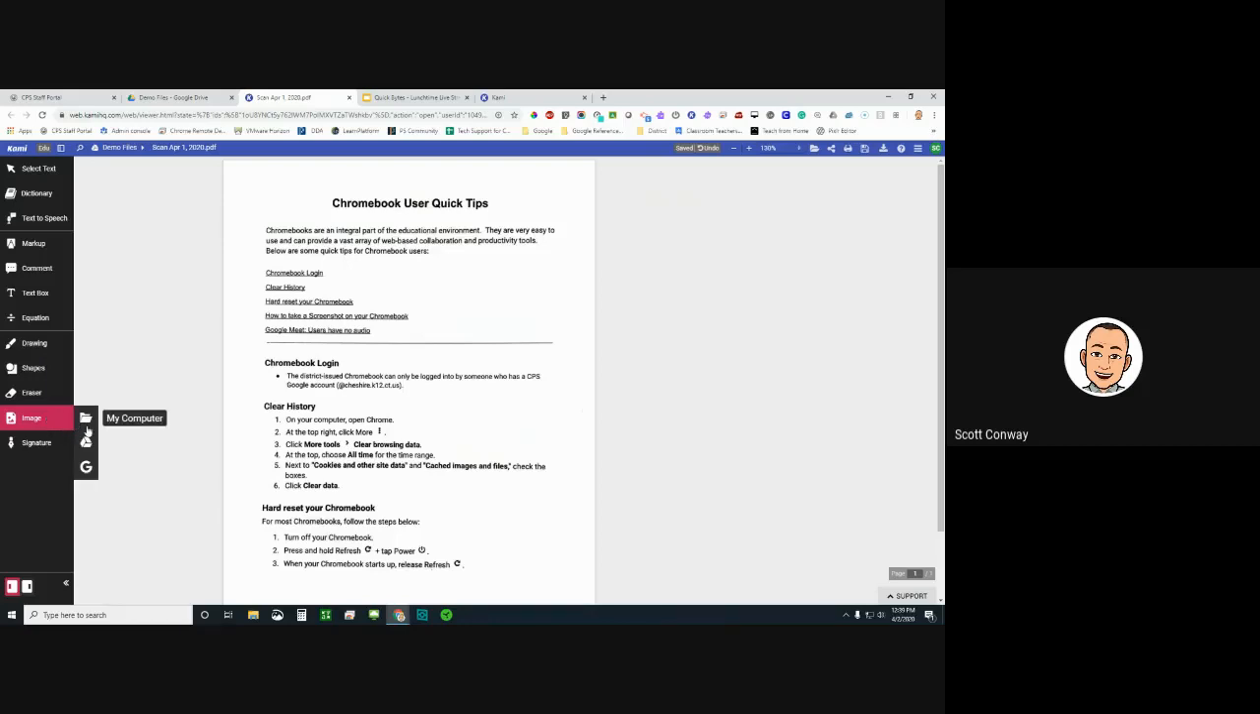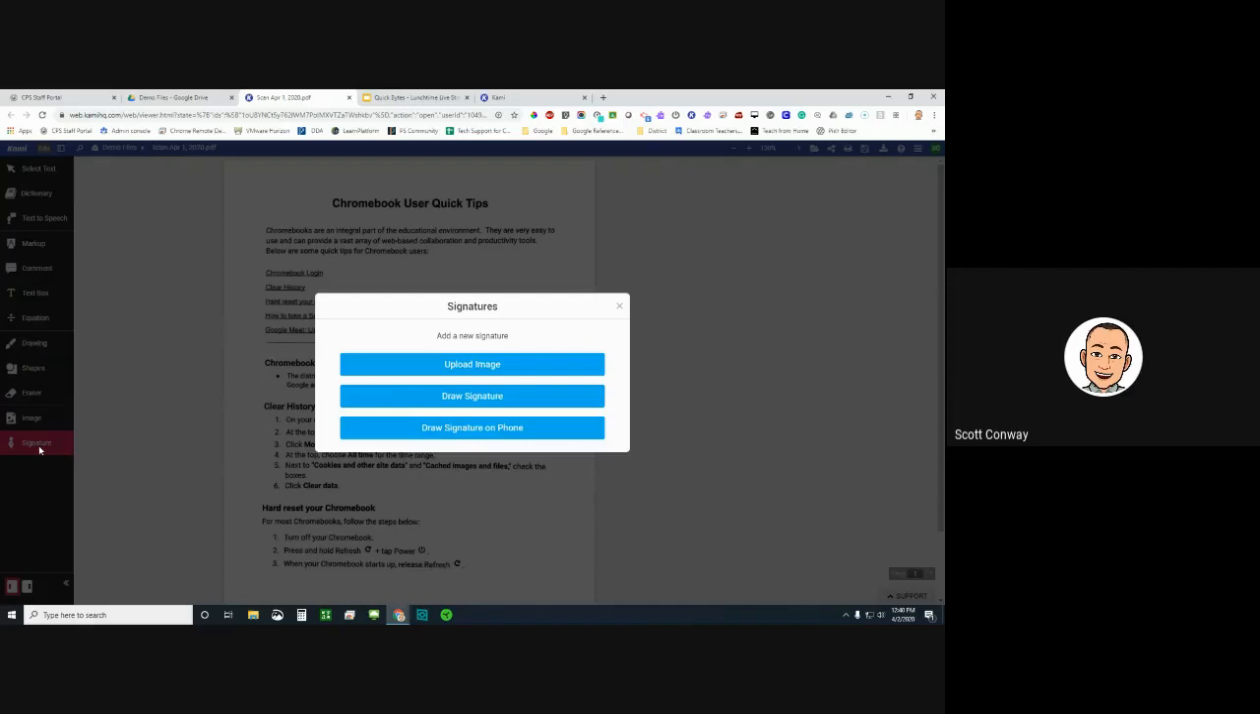You can pull in from the local computer, you can pull in from Google Drive, and you can also pull in from Google Search. It does also have a signature functionality. If you need to sign a PDF, someone sends you a PDF that needs a signature, you can do that, and you can see that you can either upload an image, you can draw a signature if you're on a